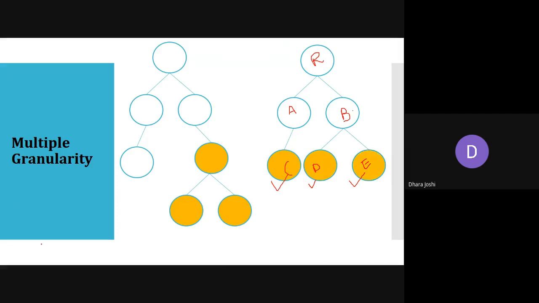So we studied two types. What is explicit and implicit? Explicit means if I am locking one particular node and if it has children, then all the children are also locked by default, automatically. If I apply a lock on this node only, then the children are also locked, and in implicit, only the leaf nodes are locked.